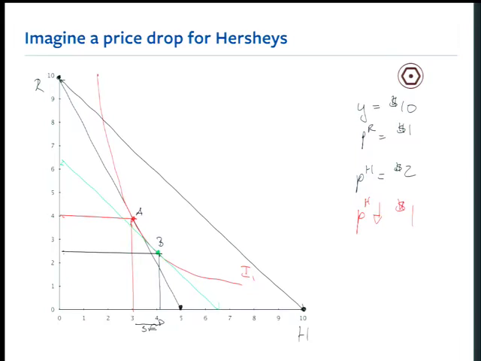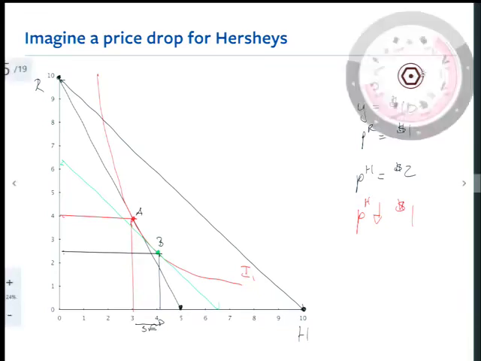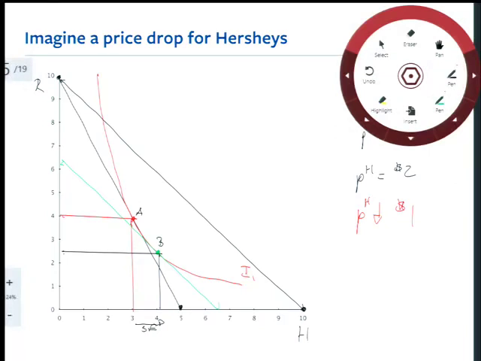Well, Max, I'm still confused. Where on the new budget constraint do I consume? I don't know. If I were a courageous person, I would let Paul come up here and try to draw his own indifference curve, but I'm not going to do that. So let me try and guess at Paul's indifference curve. How about that's a good-looking indifference curve right there. So what I'm saying is the level of consumption that Paul will enjoy at his new higher budget constraint is this bundle C right here, where he's going to consume roughly 5.2 Hershey's and roughly 4.8 Reese's. So let's just